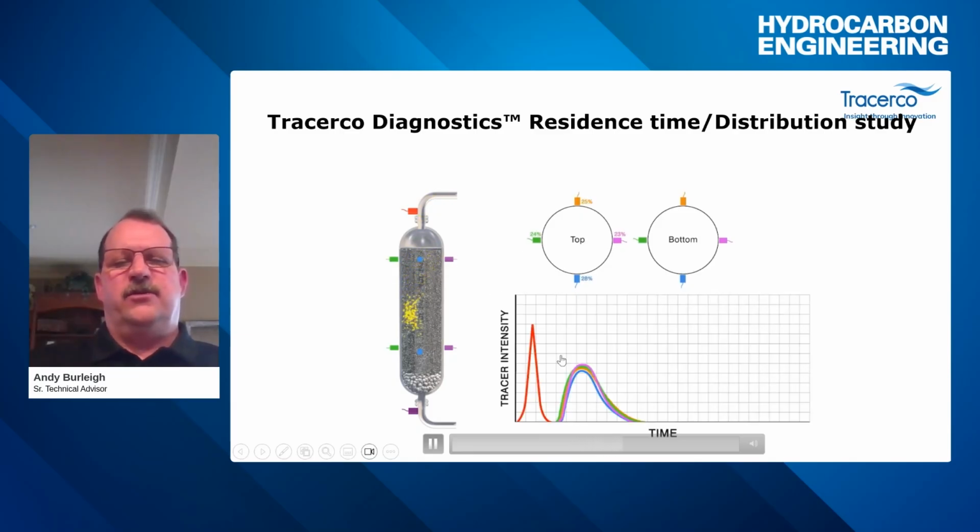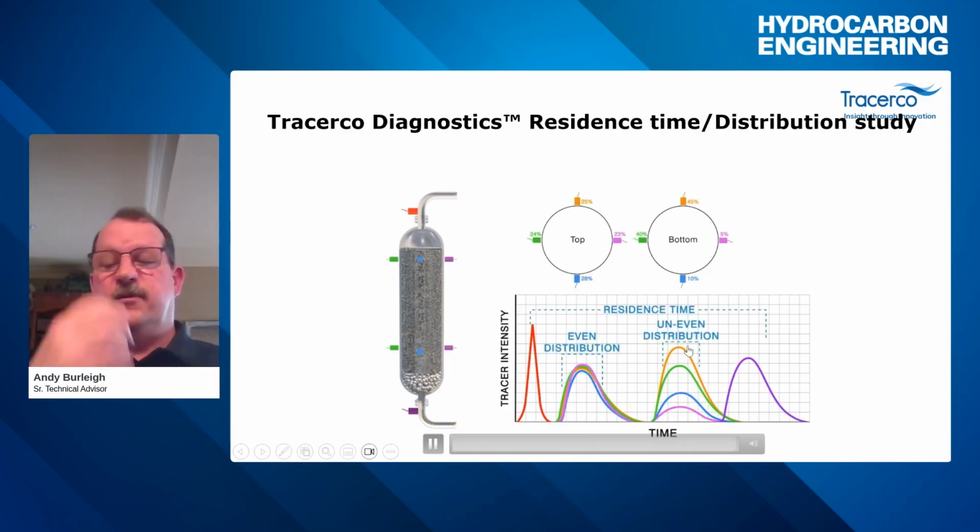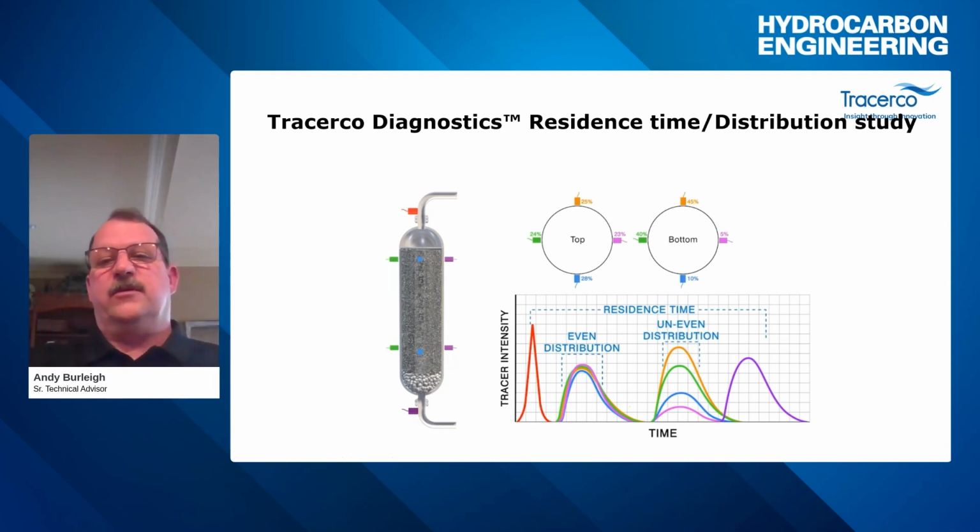If you get good distribution, you should get a similar response on all the detectors around the circumference, as opposed to what poor distribution might look like here in this second. You have your inlet, your outlet, so you measure your residence time throughout. This is very important. Distribution quality through some reactors will determine whether or not they do what they're supposed to do. So having this information ahead of time, ahead of a turnaround, can help you determine what kind of changes you